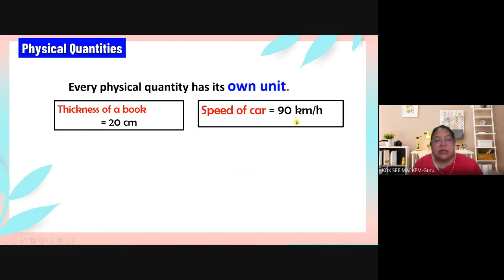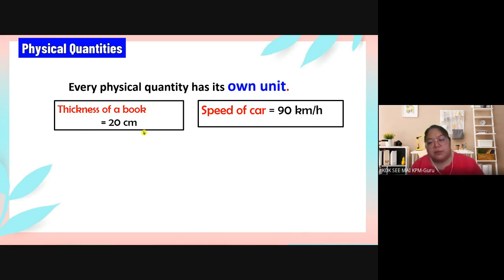So that means speed 一定有关系到时间，因为速度嘛，会关系到 distance 多长嘛。OK，但是 thickness of the boat 没有可能关系到时间嘛，我是量厚度嘛。So this one is related with the length only，只是要 measure 它的长度。